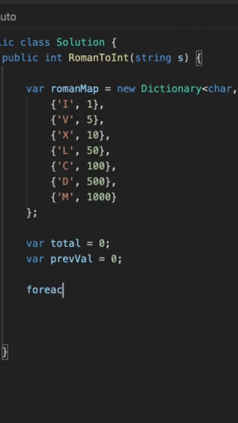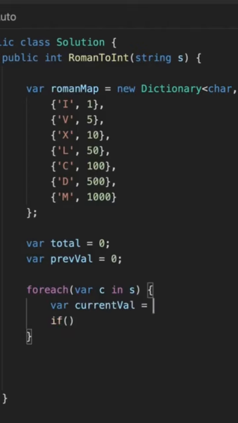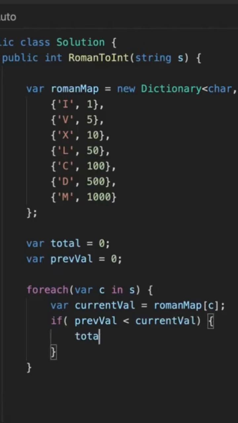Alright, so let's create a simple for each loop where C is the character in the string S. String S is provided when the program first starts. Now we'll handle the cases. Before we do that, let's create another variable that will hold the current val, that is the Roman map of C. Then we'll say if previous val is less than current val, what we'll do is we will add to total